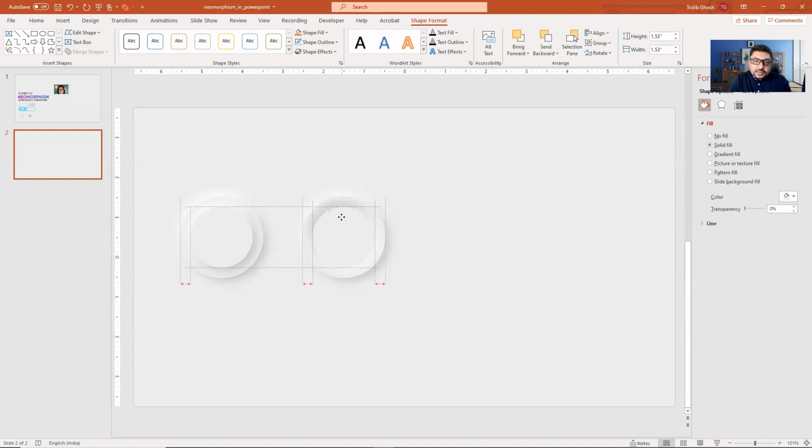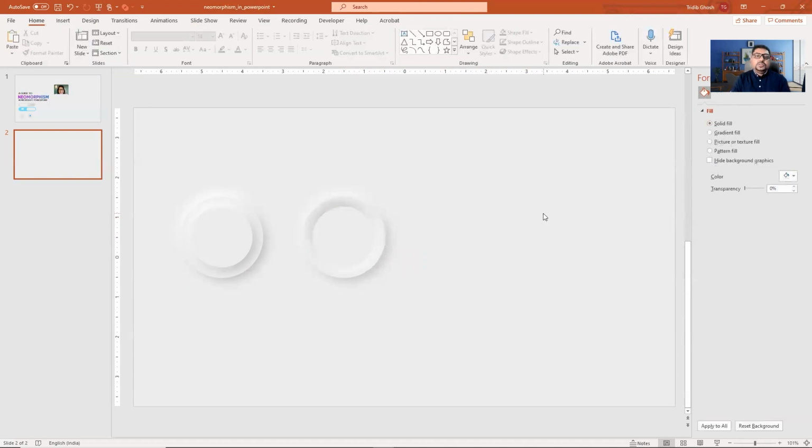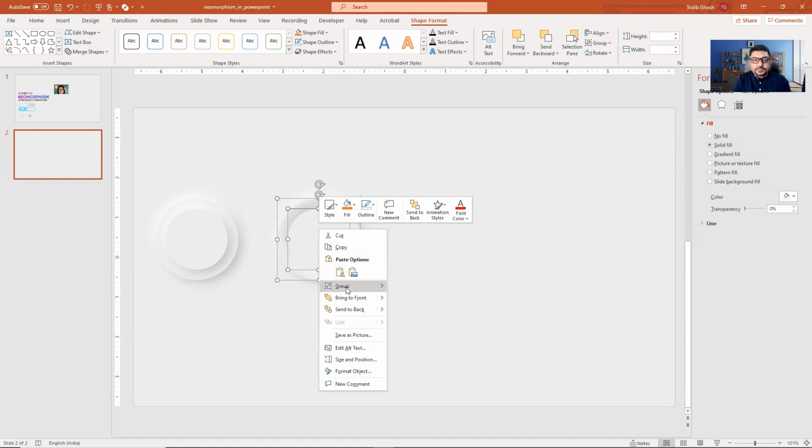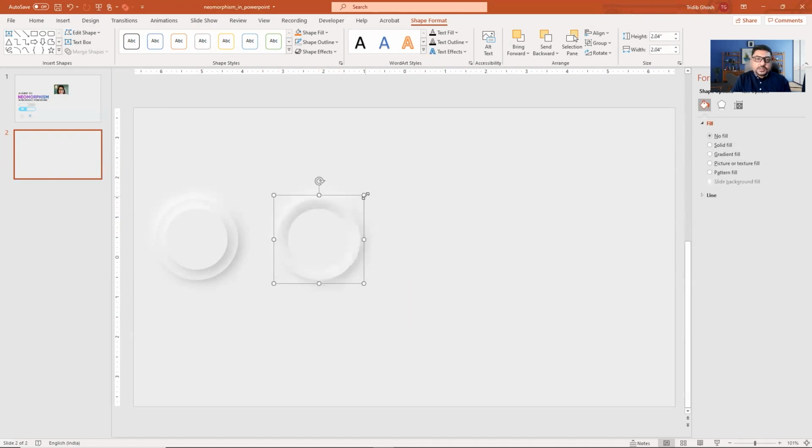And here you go. This top object is sunk up, this is sunk down. So these are the two states of a neomorphic interface element, you can use it for anything you like. It's done.